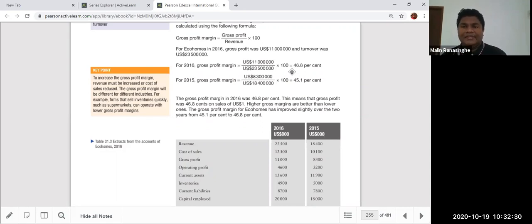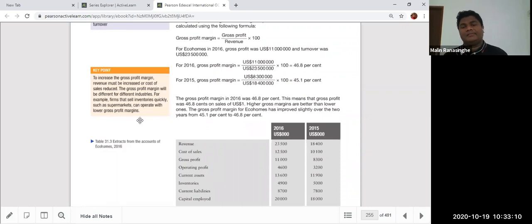But for items on the opposite side, if you are a car sale or furniture shop, where durability is there and you can store for a long time, you can increase the prices and sell slowly. So keep in mind that we can't give some kind of benchmark ratio, that gross profit should always be like this. For other ratios, I'll tell you which benchmark ratios you have to study. Like liquidity ratios, there are benchmarks, but for profitability ratios, guys, you don't have a benchmark. It depends on the business nature. If it's a fast-moving consumer goods sector like a supermarket, your gross profit margin is relatively low. That's why.